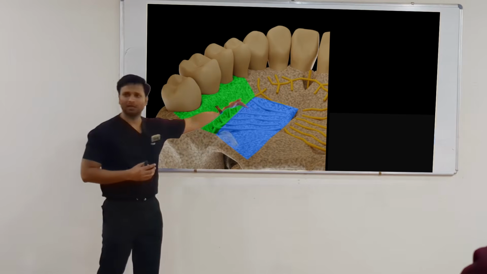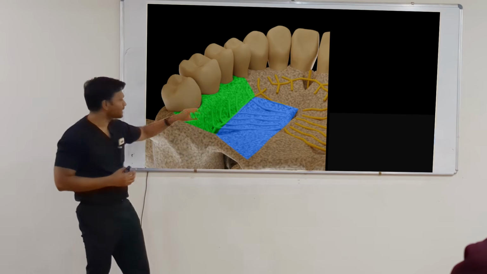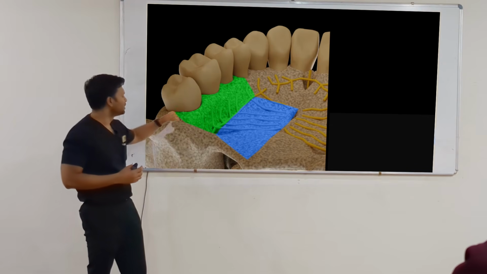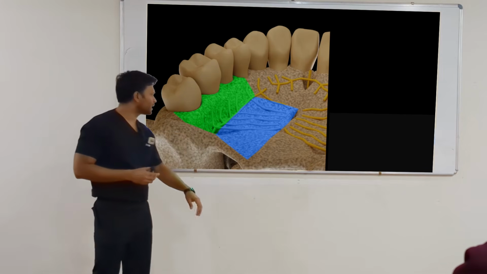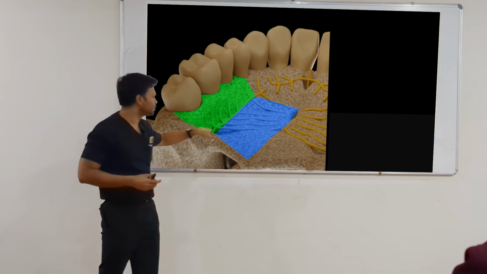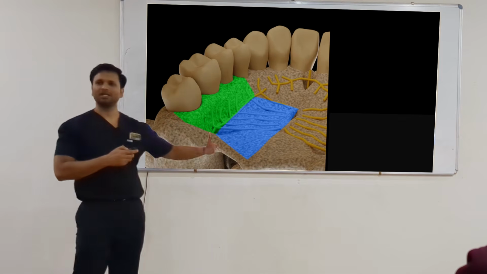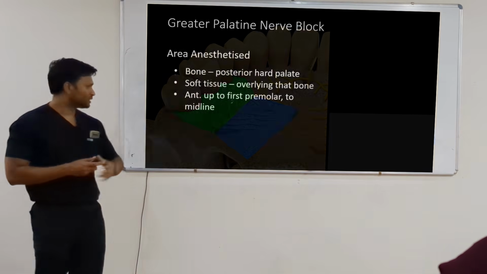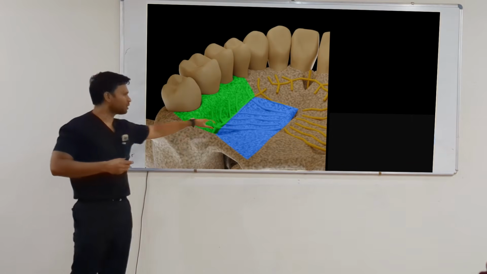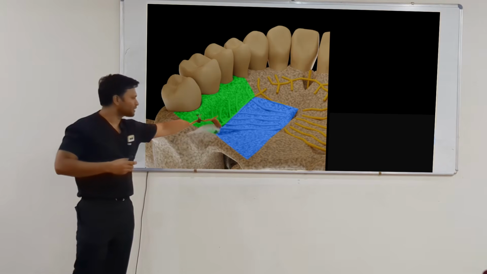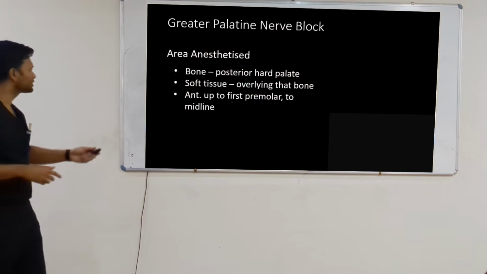So for anterior-posterior positioning, this foramen is usually located at the distal aspect of the second molar. Okay. So if you want to locate it, one line is this, one line is this. So in cross section we have the foramen, right? So in a patient, how are you going to locate it? So this is the usual location. Many times it is located a little medially or anteriorly, or in some cases a little posteriorly. Okay. So we're going to talk about how to locate it.